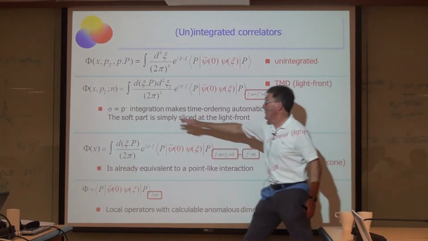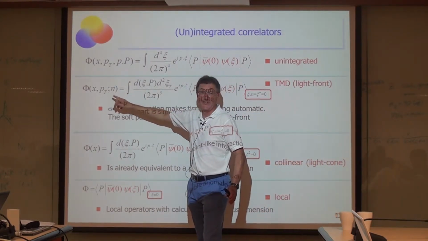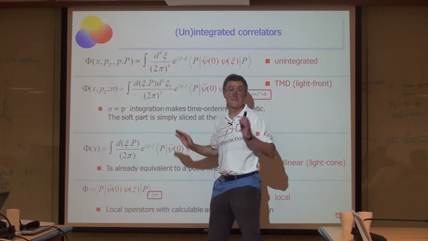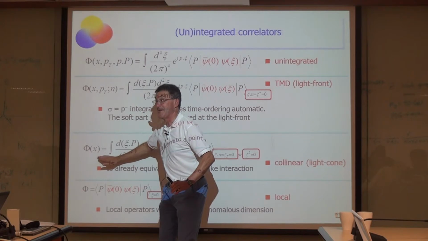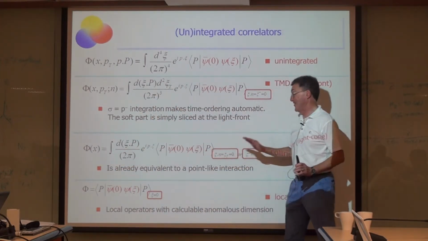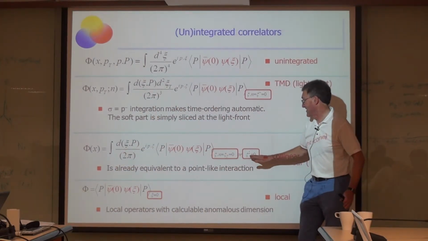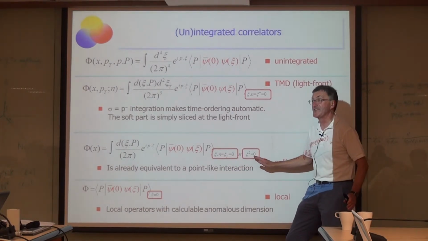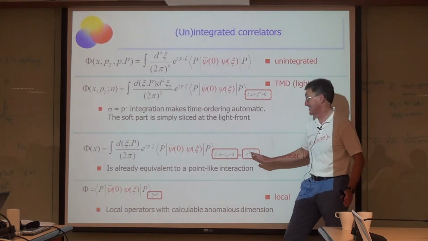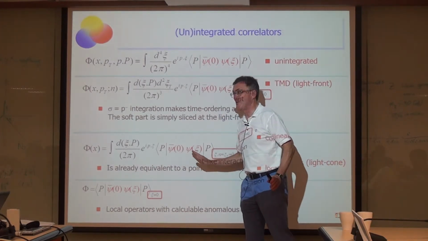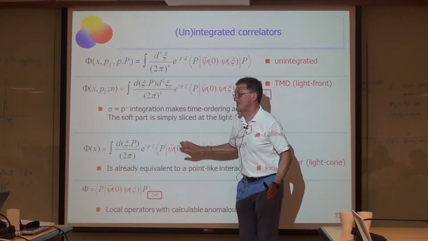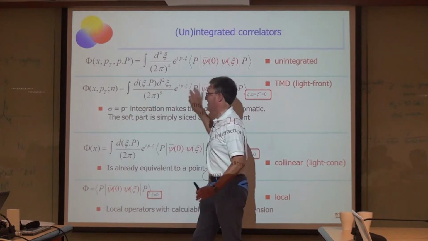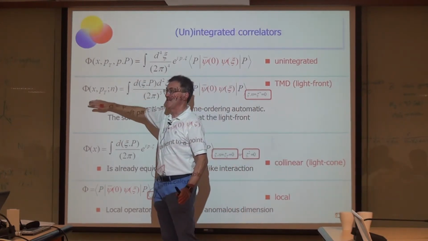If you would integrate also over pt, which usually is done, you get your collinear functions, all the functions that Chunzo is talking about. You integrate one step further, and essentially psi dot n and psi t are both 0, which implies in light-like coordinates that psi squared is 0. So this is a light cone correlator, and it's the light cone correlator which determines the collinear PDFs, and it is the light front correlator which determines the